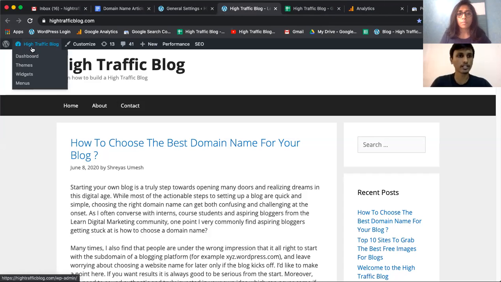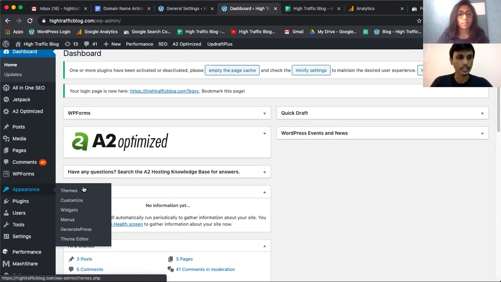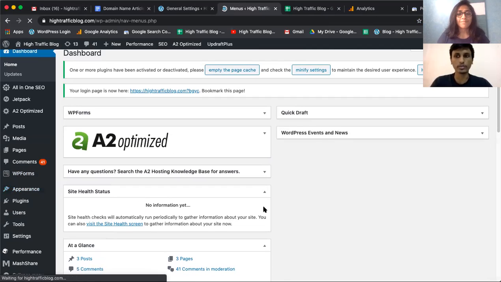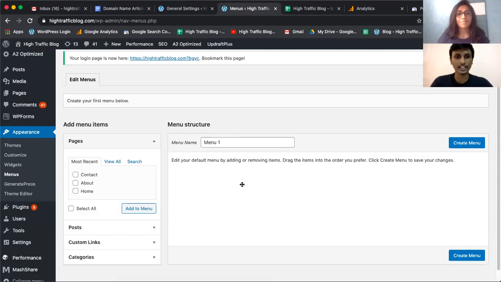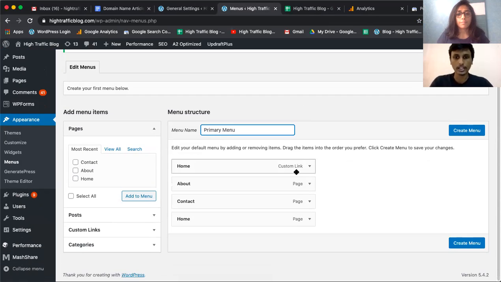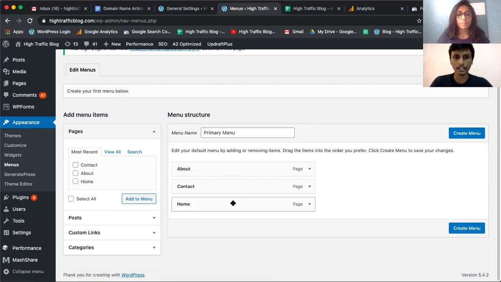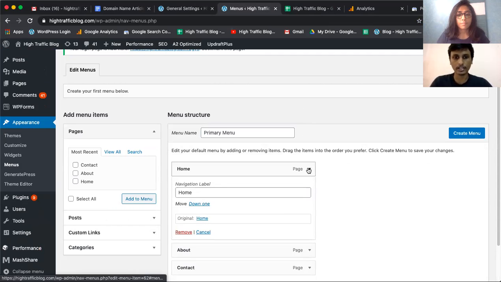Right. Absolutely. So let's go back to dashboard. You can also go to menus from here, but I'll show you the traditional way of doing it. Appearance, and then I go to menu. By default, this is what WordPress has for us, but let us change the name to primary menu, and let us delete this particular one, and let us move the pages that we just created some time back.